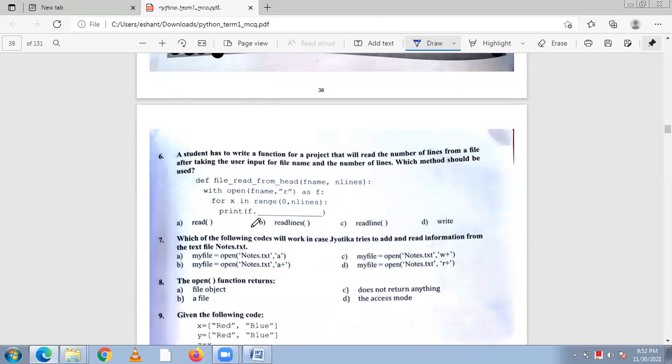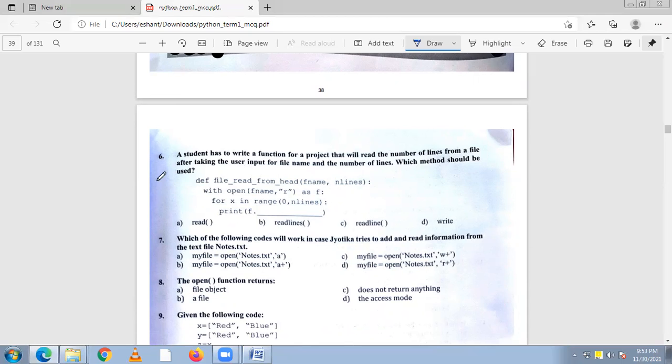Now question number 6. A student has to write a function for a project that will read the number of lines from a file. After taking the user input for file name and the number of lines, which method should be used?